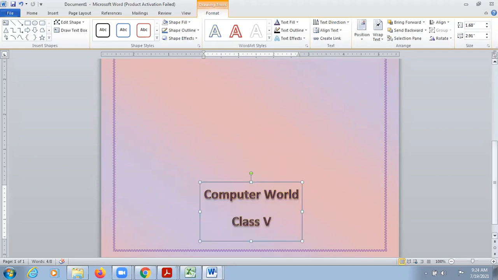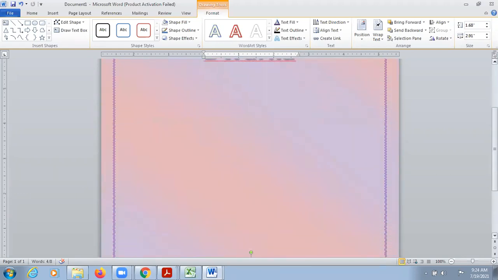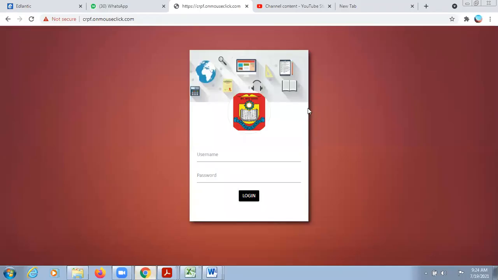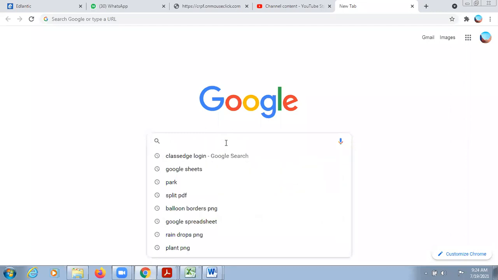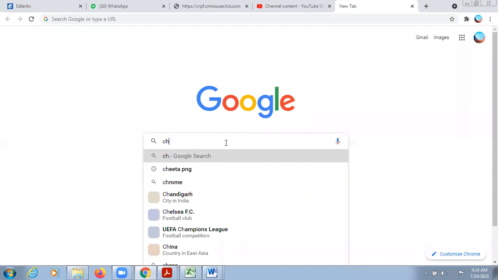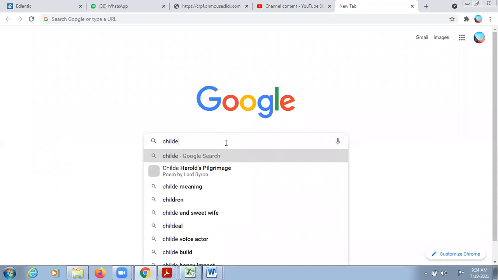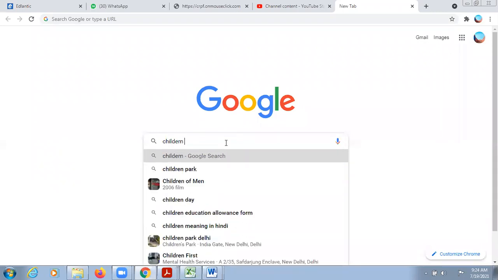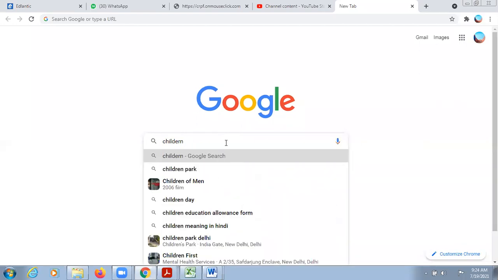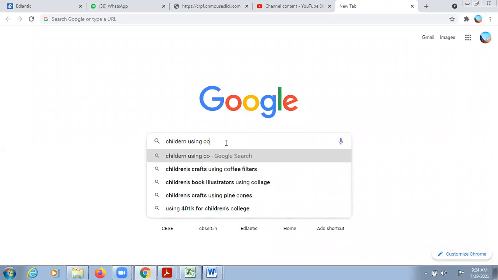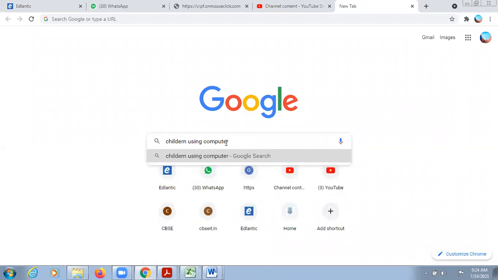And now I wanted to insert a picture here in between, right? So let's search for the picture. Because this is a computer book, let's say we want to write children learning computer, or using computer, and we want a PNG image.